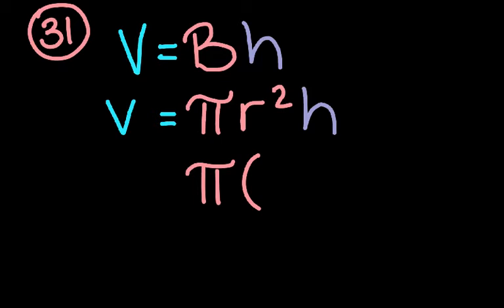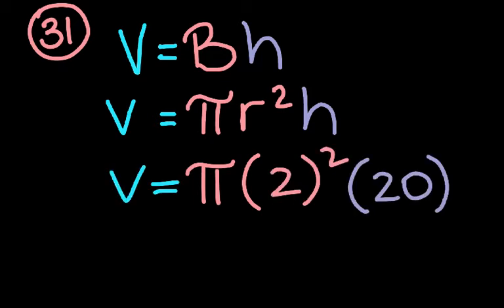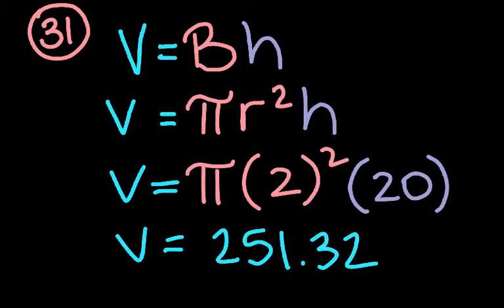Another thing to be careful of is the fact that they said that the diameter is 4. So to get the radius, just remember divide it by 2. 4 divided by 2 gives you 2. Then they tell us that the height of the columns is 20. So of course, they're 20 feet tall, so the height is 20. Just put that in your calculator, and it should give you about 251.32,